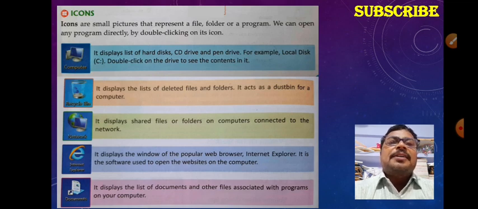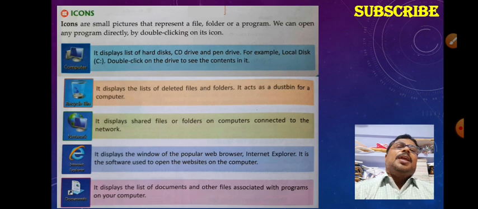That is known as icons. We see there the computer icon that displays all the hard disk locations. We see there the recycle bin icon that contains all the deleted files. We see there the internet icon; when we need to use internet in a computer, we use this icon. We see there shortcuts also. That means we can create our file shortcut.